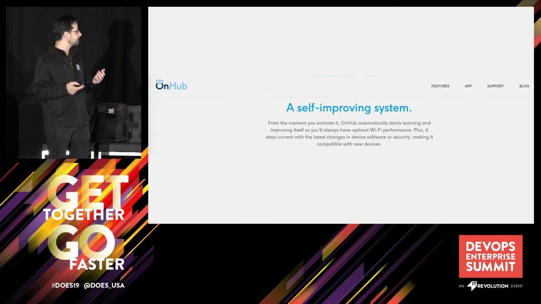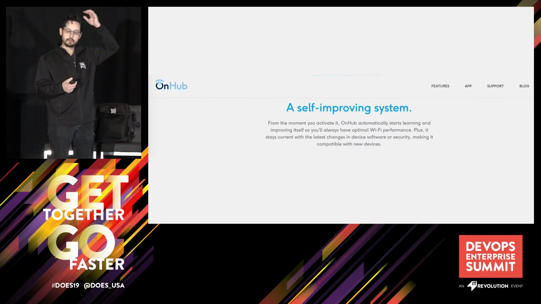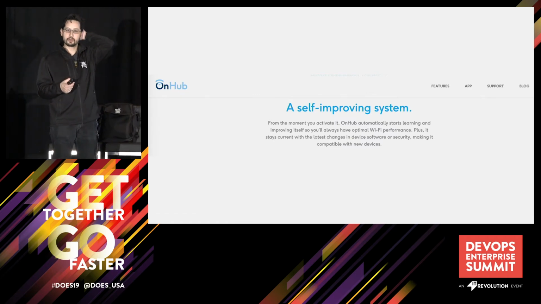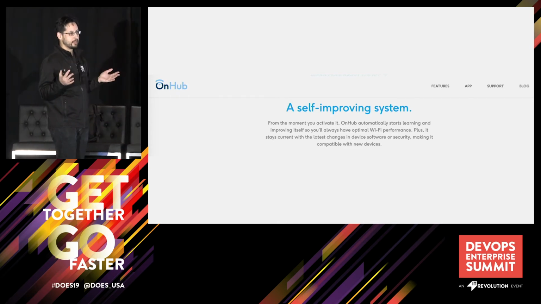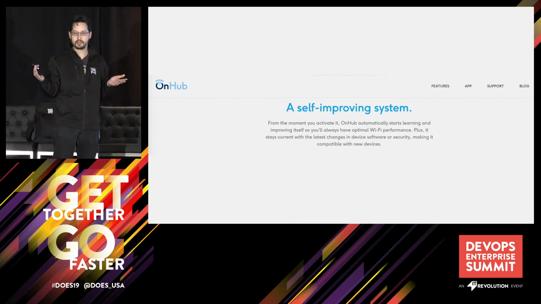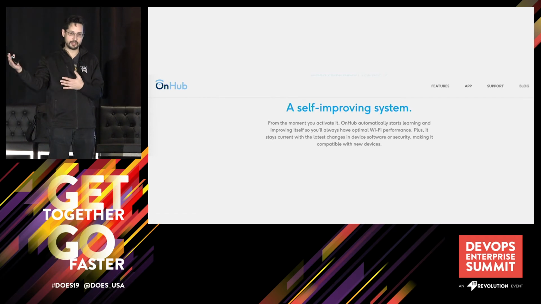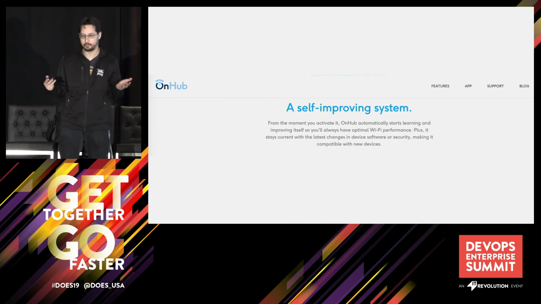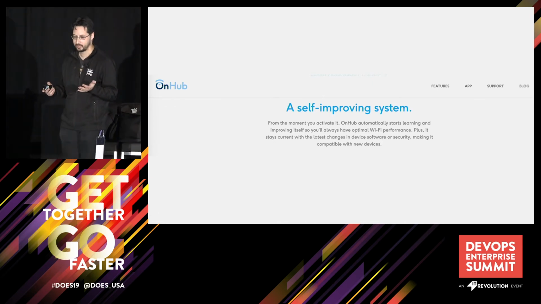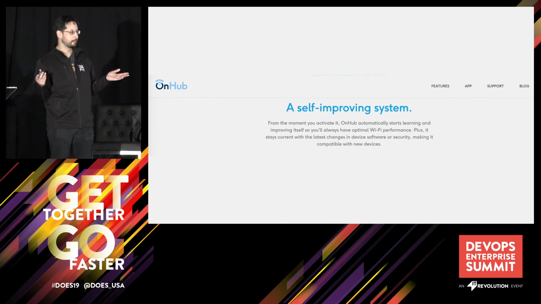And there's a bunch of things which can go wrong, actually. So OnHub, which is now owned by Google, is a Wi-Fi router that's self-updating. So this is awesome stuff, right? So you have, just like you have your thermostat, you have your Wi-Fi hub, it automatically downloads new software, it updates online. It's a self-improving Wi-Fi hub, you get new features pushed to it constantly. What could possibly go wrong?